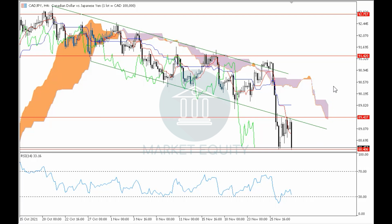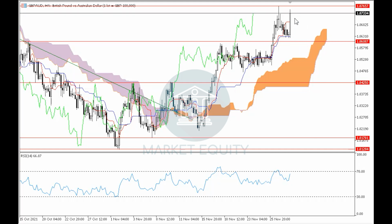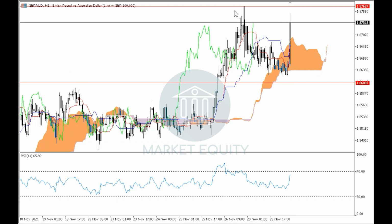Let's move on to the British pound versus the Australian dollar. In the previous videos, we said that the pair is moving in an uptrend in the 4-hour time frame, and recently we can see that after it has formed a peak around level 1.8770, it continued to correct towards the Kijun-sen line, where it then continued to rebound upwards off of it. And not only that, but it broke upwards through the Tenkan-sen line, which altogether, due to the weakness of the previous downwards correctional movement, which we can see more clearly in the 1-hour time frame, it supports the continuity of